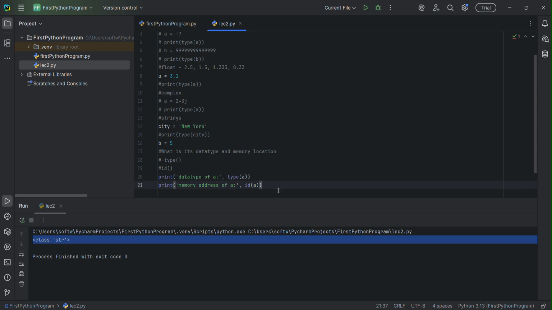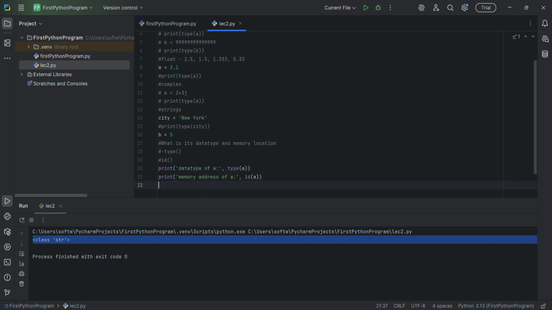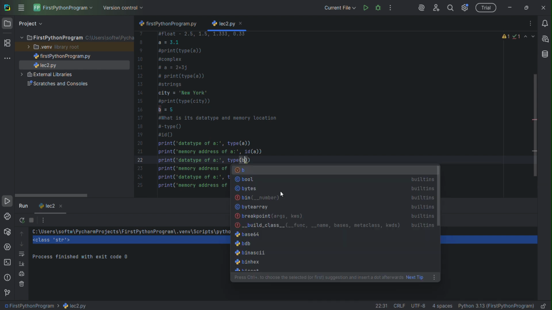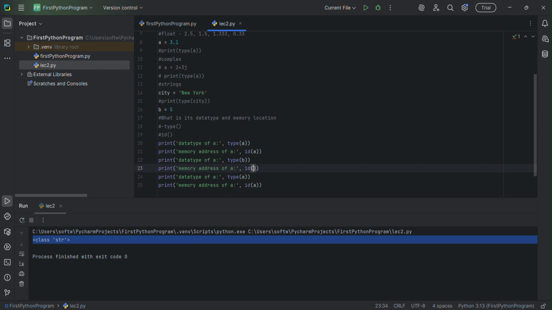So this should give us the data type of a and the memory address of a. Similarly, let's copy this and paste it for b and city. Now let's put b, and here we put city, and also let's change here as well to city, b and b. So this way we are going to get the data type for each of our variables and